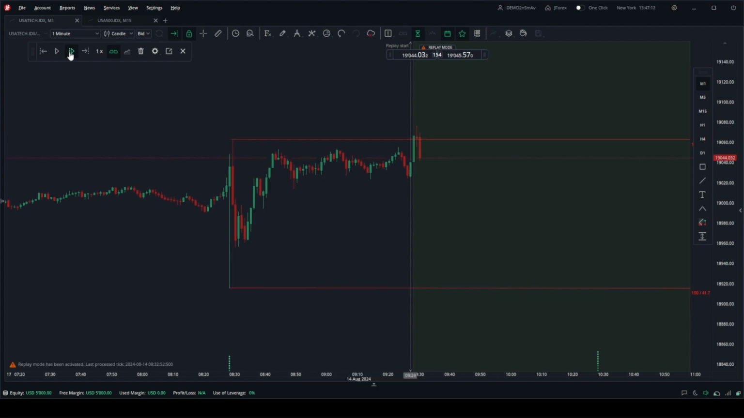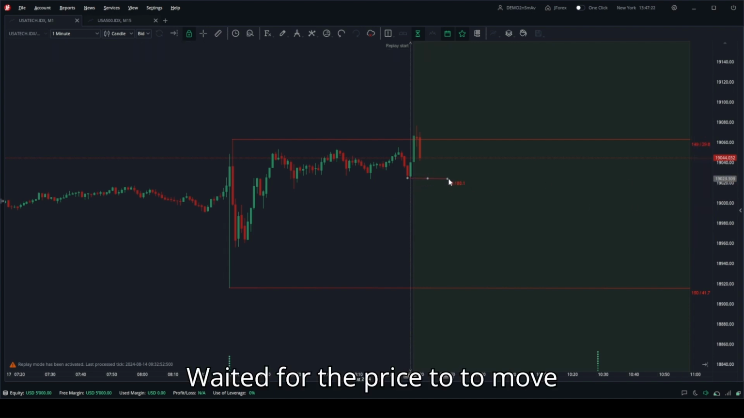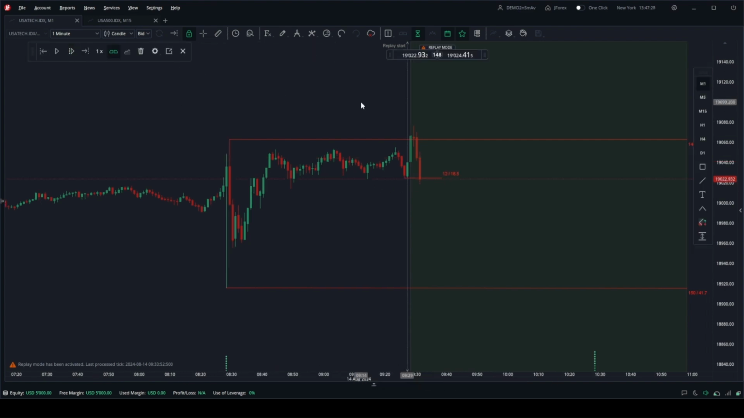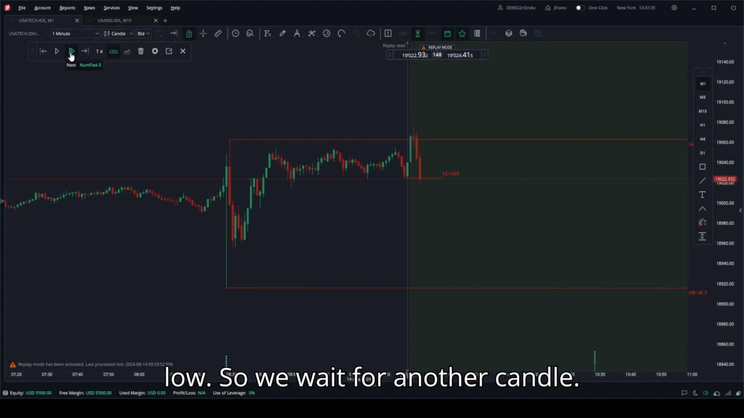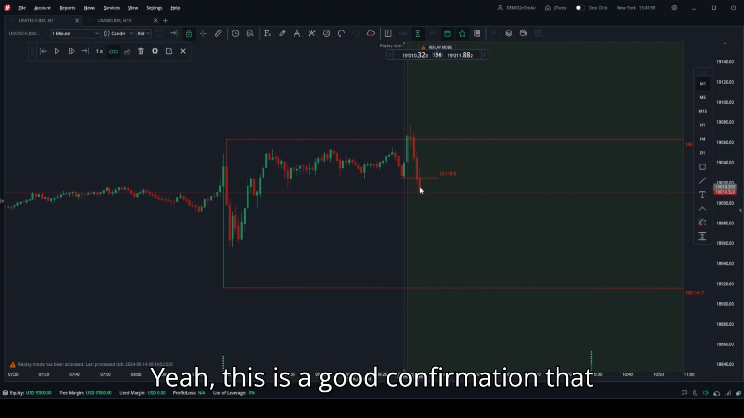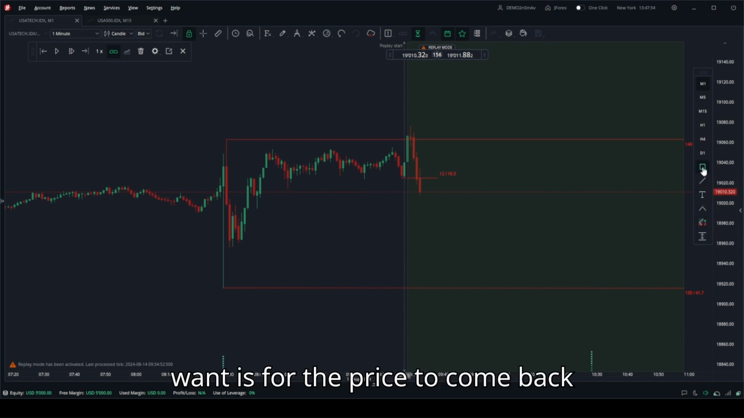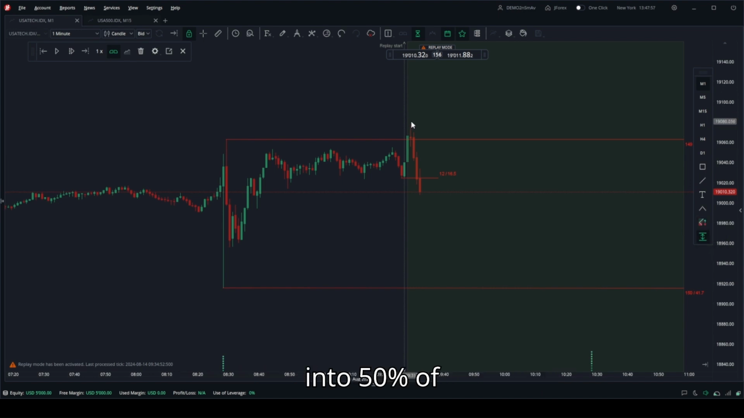So we waited for the price to remove this low right here. Here it already removed it, but it didn't cross below this low, so we waited for another candle. Yes, this is a good confirmation that the price has broken the low of here. And then the next thing we want is for the price to come back into 50%